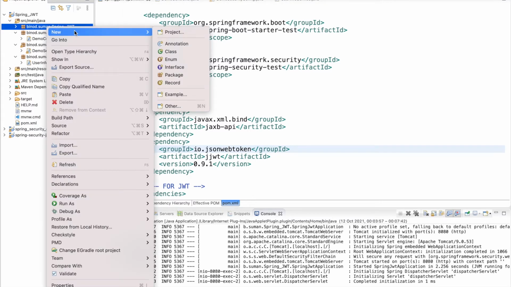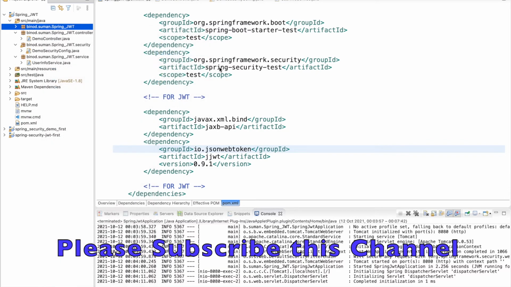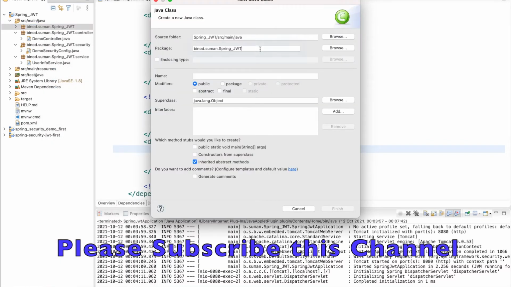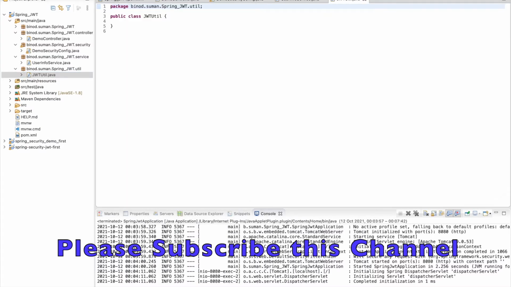After saving that, you have to create one utility for all the JWT important methods. So we will make one utility package, and in the utility package we will keep this class. You can give it any name; I'm giving it JWTUtil.